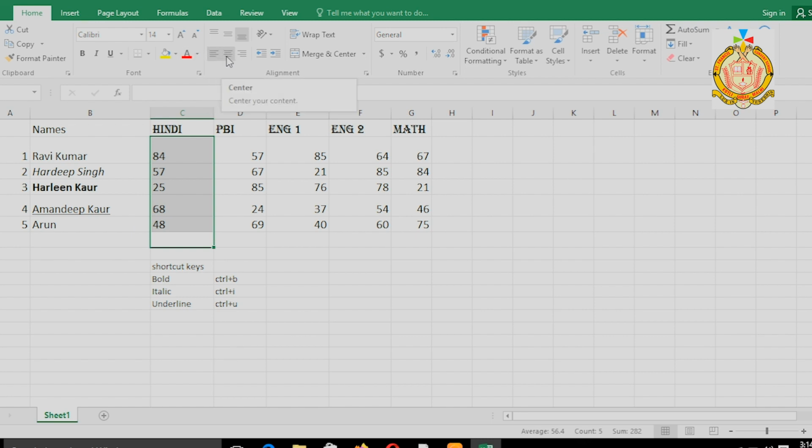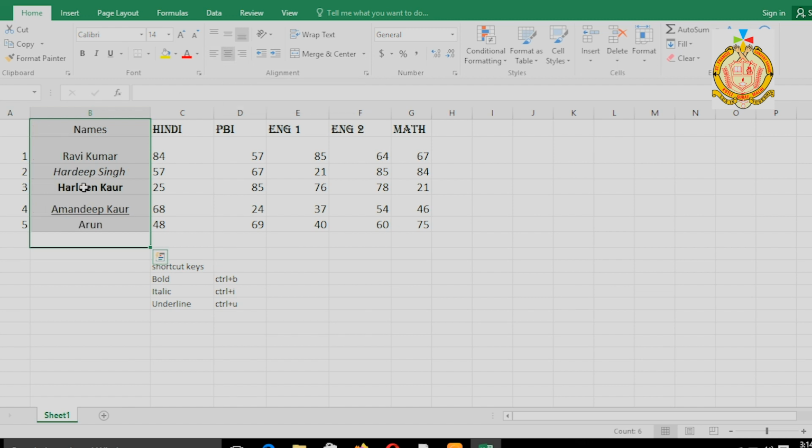Next alignment we have is center, so I have to select the names, then click on Control here for center. You can see all the names are in the center of the line. Here I selected only 5 names, but you can take 100, it depends upon your data, how much data there is, and the same steps we can perform for a huge amount of data, there is no issue.